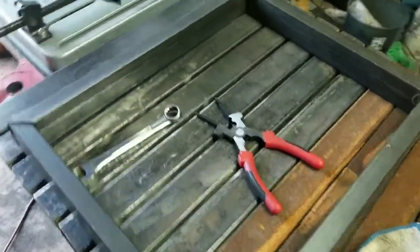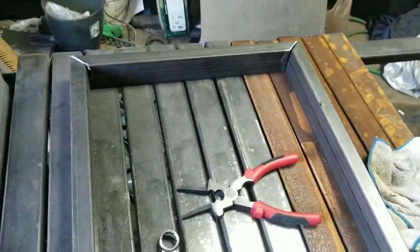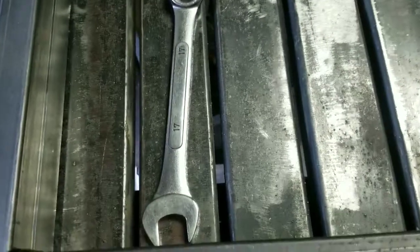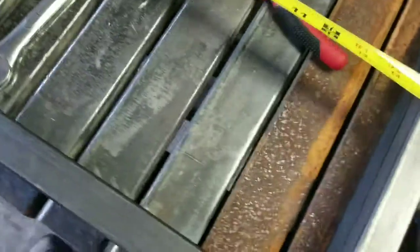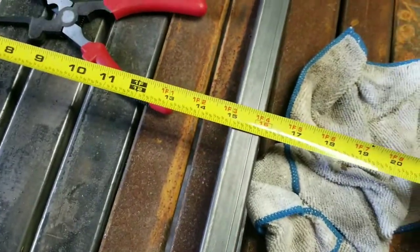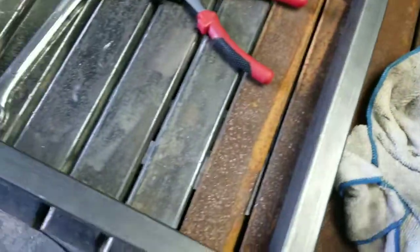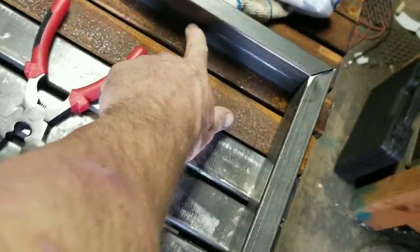But anyway, overall, where's my tape measure? Trying to get my tape measure, guys. I'm sorry. See here. It's gonna be 20 inches long by 14 inches. I hope y'all can see that, focus camera. About 14 inches deep. And what I'm gonna do is I'm gonna come down here and I'm gonna weld on